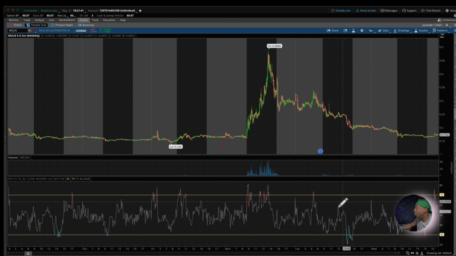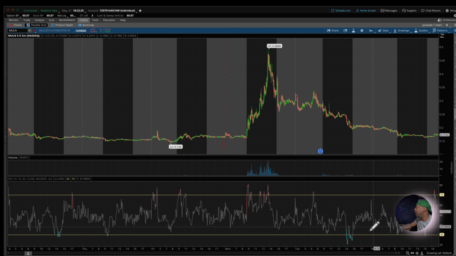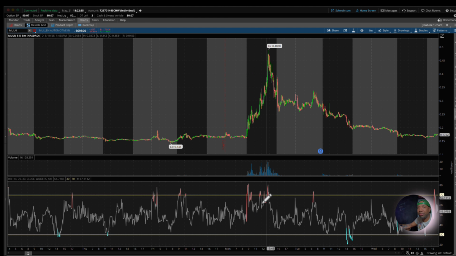So usually when stocks tend to go down and you see it crossing that 30, you're going to notice that it's oversold. It's definitely oversold. That's the oversold condition. And then once it goes up to the 70, you guessed it, that is overbought. And once they're overbought, they come down. So this will give you an indication on when a good time to buy and when a good time to sell. Now, if you're looking at your chart right here and you see it's overbought, a lot of times, hey, I'm not going to buy no calls and expect it to go up